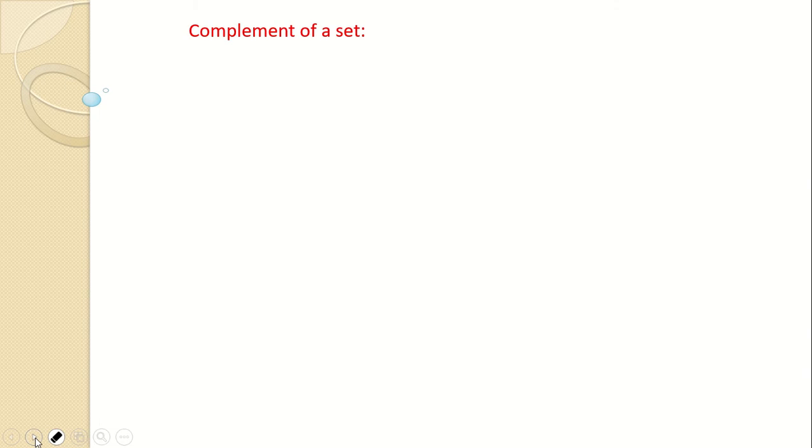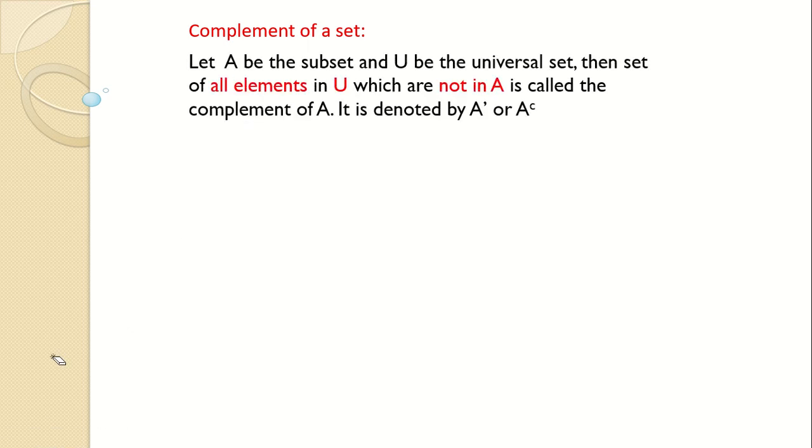Then we will see what is meant by complement of a set. Generally subset and universal set are very easy to understand, but students sometimes find complement of a set a little complicated, and if you understand the definition carefully, you will not make a mistake. So let's understand the definition. Now this is related to the universal set. If there is a set A, I'll tell you how it is.